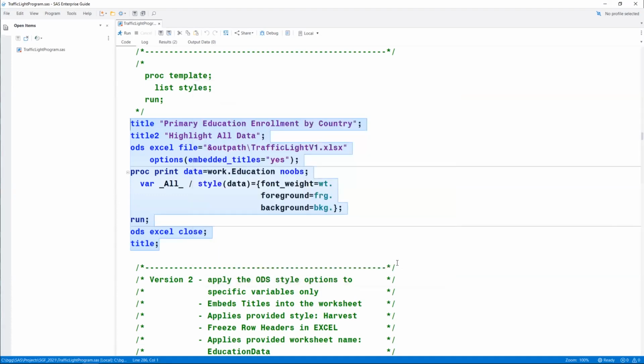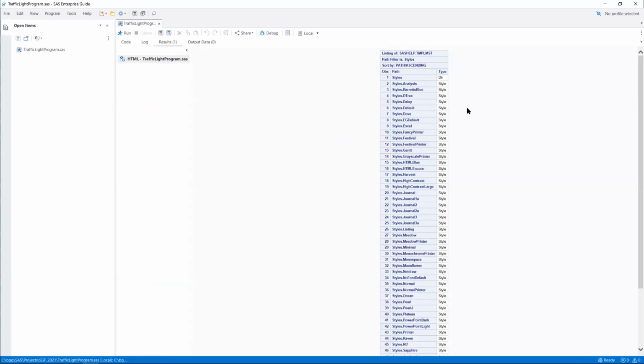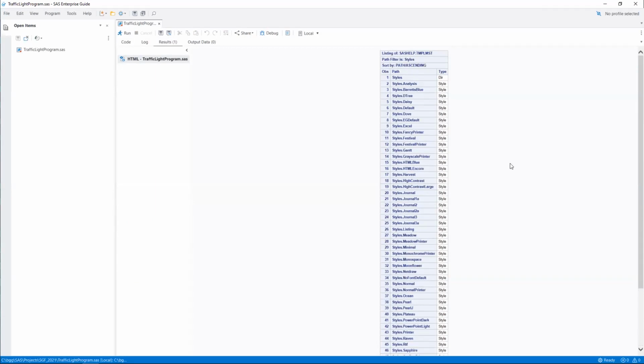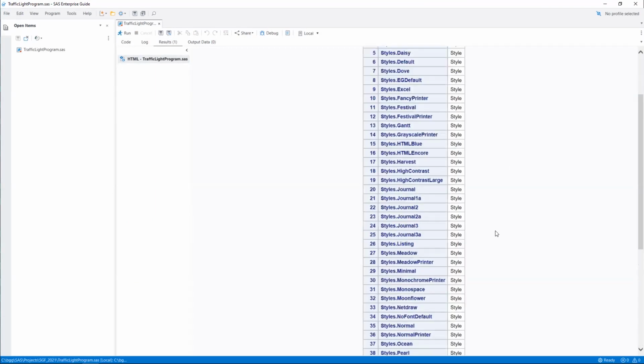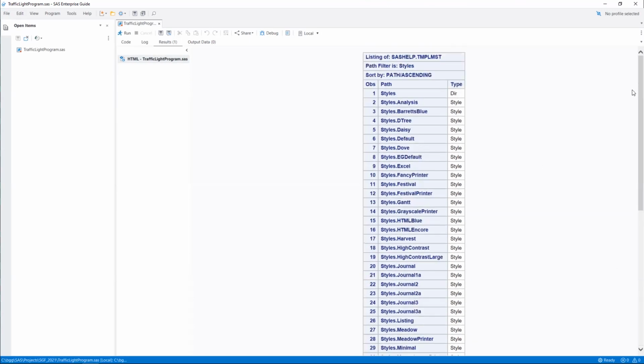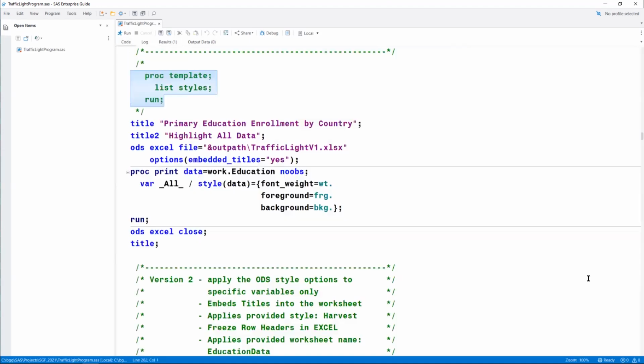I don't believe a Style Manager exists with Studio yet, or the Windows environment. So Enterprise Guide is unique that way for now. And there is, though, a nice procedure called template where we can actually list the styles out. I'm going to run this code, and we'll see here is a report generated where at least you could see all of the delivered styles that you could choose from. I guess I should make it a little bigger. There we go. You do have this in any user interface, whether it's Studio or Windows or Enterprise Guide. You can always run that.